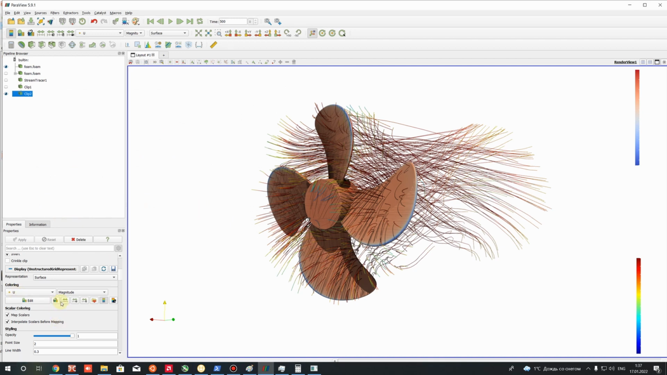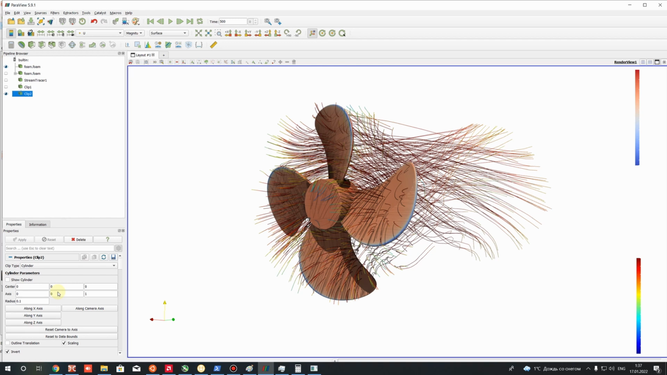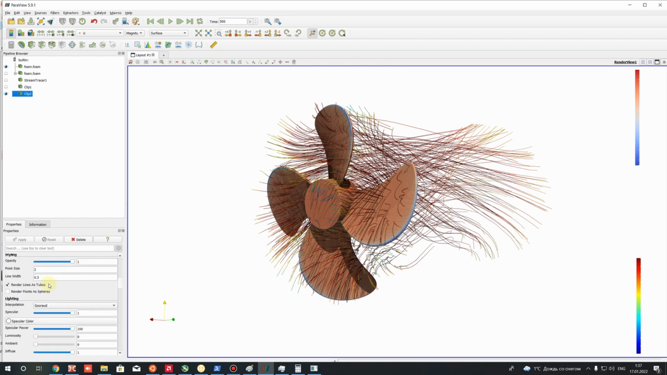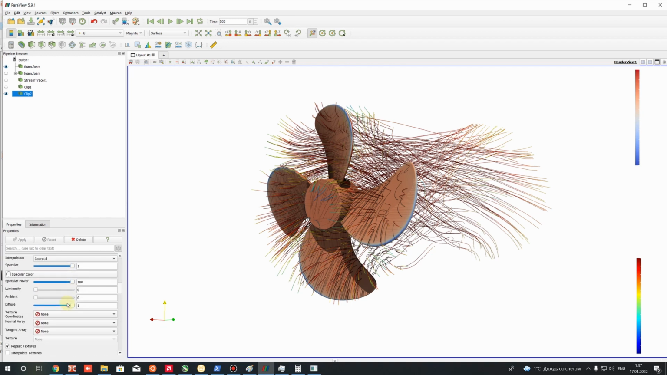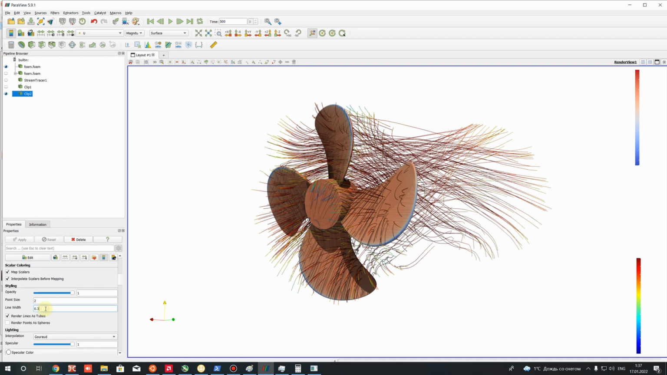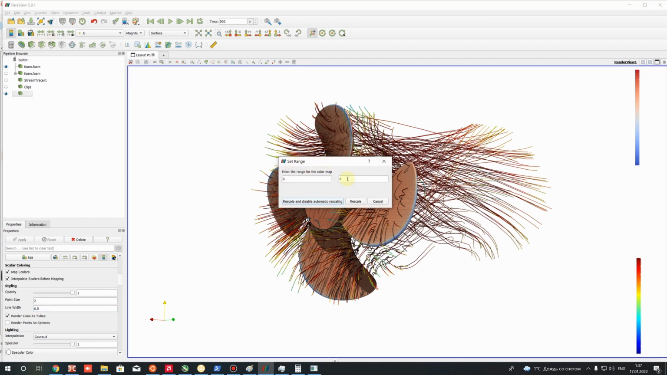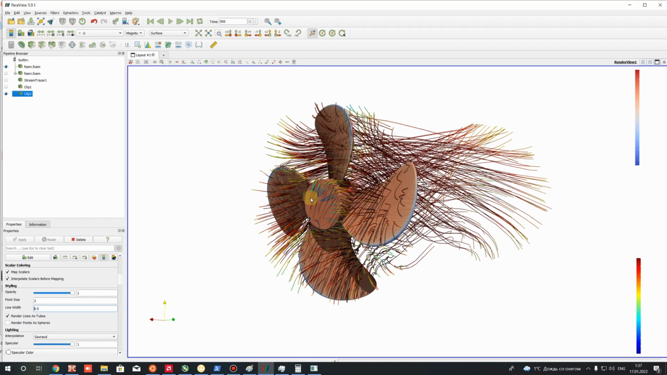and if you increase the thickness of lines, you will get something more informative. Okay, let's increase this to, for example, this. Okay, and now we have our visualization of your field with